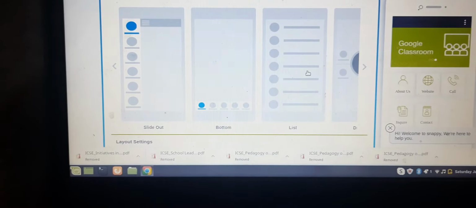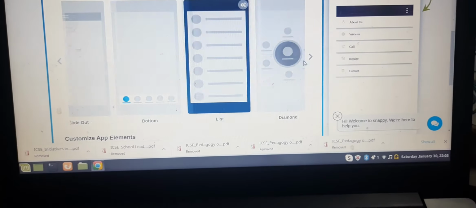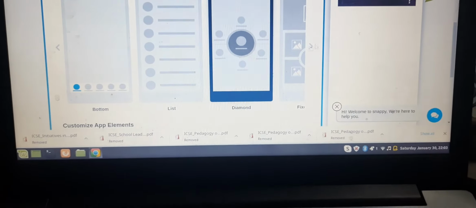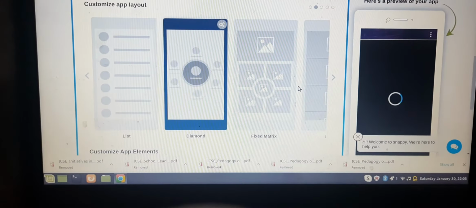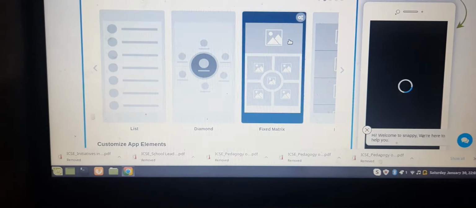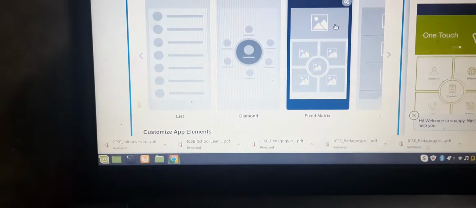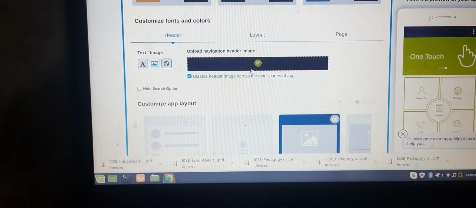Suppose you go for this structure, you can see it changes. If you go for another structure, you can change it too. So choose whichever you prefer, and the image for your purpose.